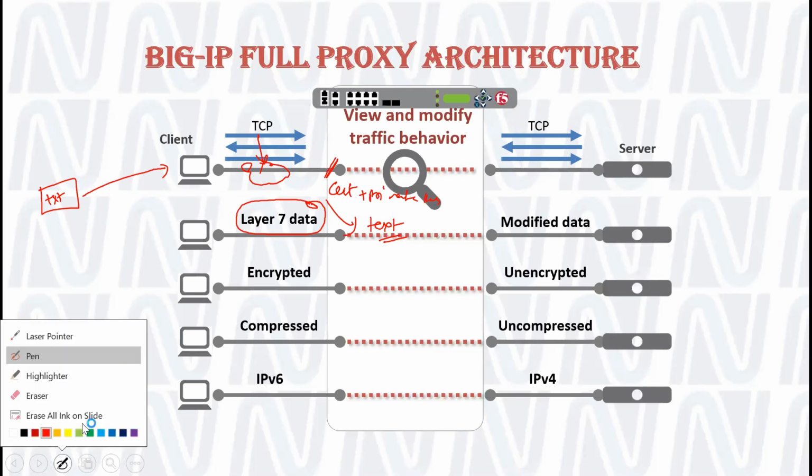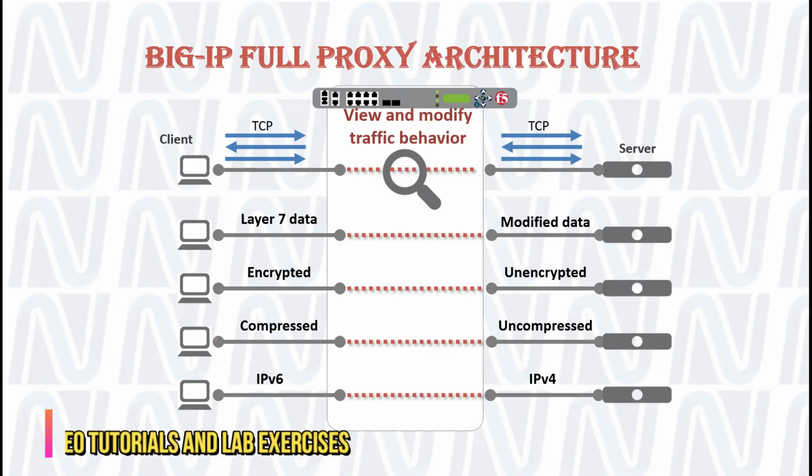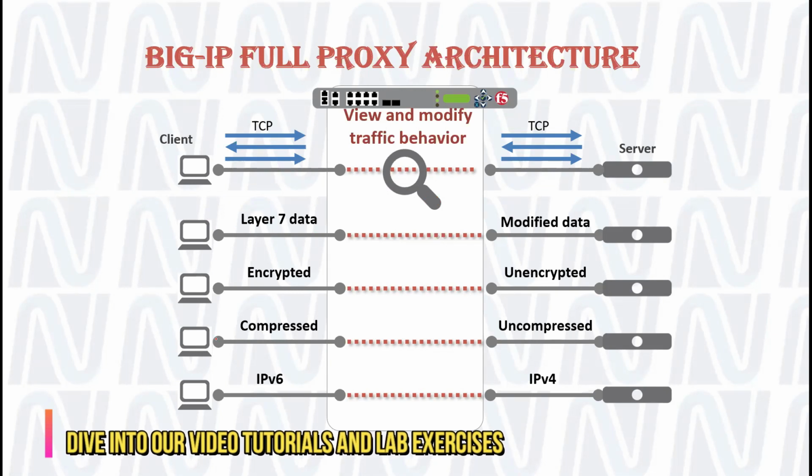I was having some confusion. I understood that full proxy means when the traffic goes over the LTM, the BIG-IP server, at that time it does the decryption of the traffic, and then encrypts and sends it back to the application. So that's what the full proxy is. Is that correct? Correct me if I'm wrong.